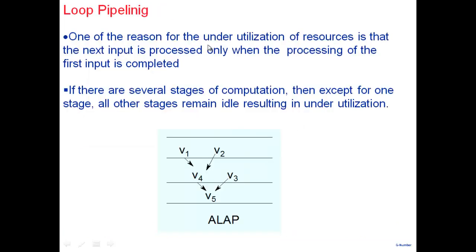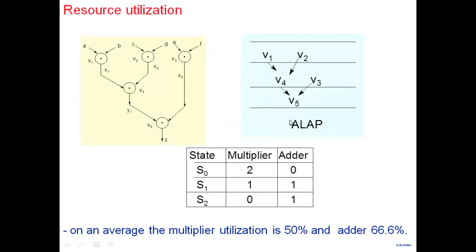So now one of the reasons for underutilization of resources, if you look at this, is I have 2 multipliers available. I read the data and carry out multiplication. Then I go to the next stage, and I'm doing 1 multiplication, 1 addition. Then I go to the next stage. And while doing that, I'm basically waiting for the next series of computational steps to get over to read the next set of data,